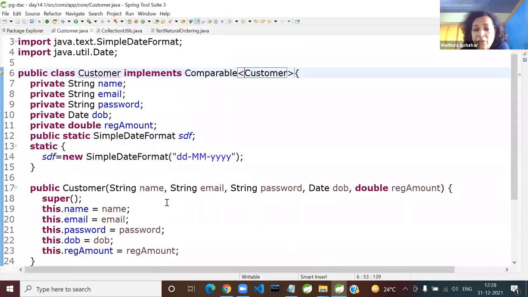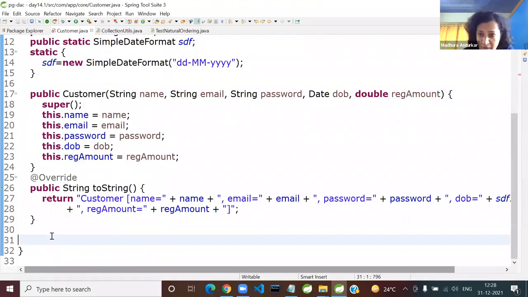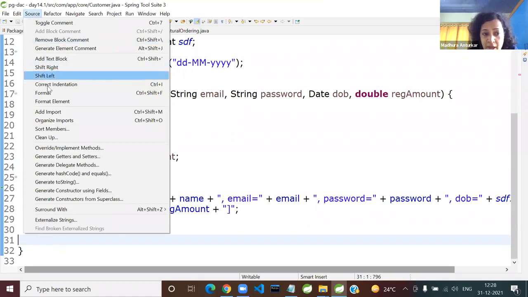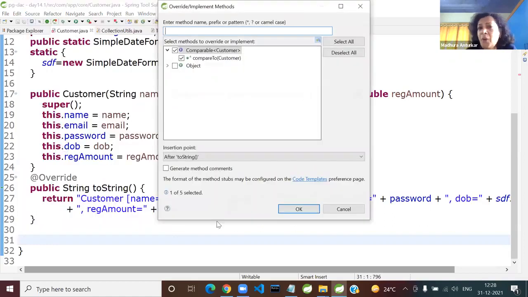Which is the method I'll have to implement? Compare or compareTo? It is compareTo. Absolutely correct. So come down here. Now, guys, we have the experience of more than half of core Java, so I'll say use the shortcuts. Click on source, override implement methods. Got here? Because there's no point in wasting time like this.